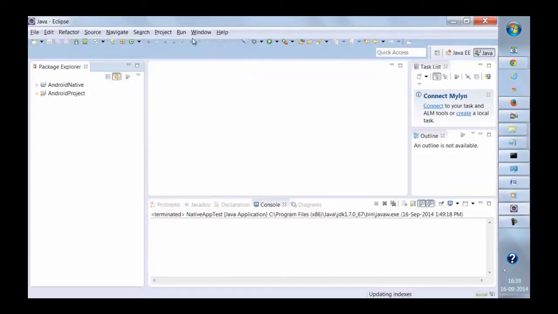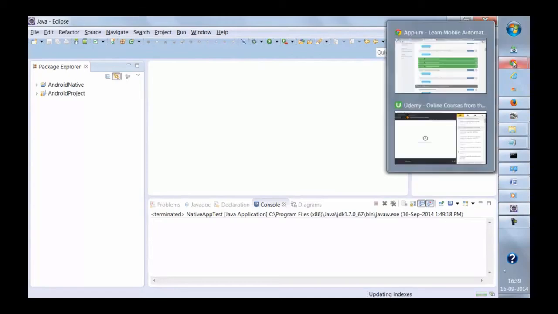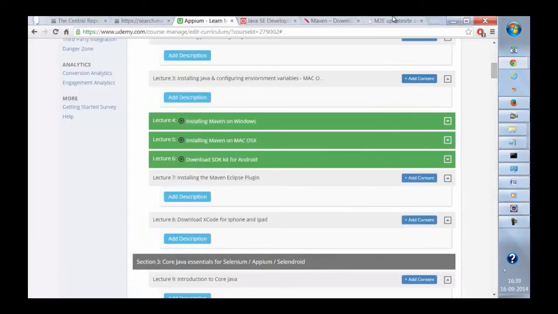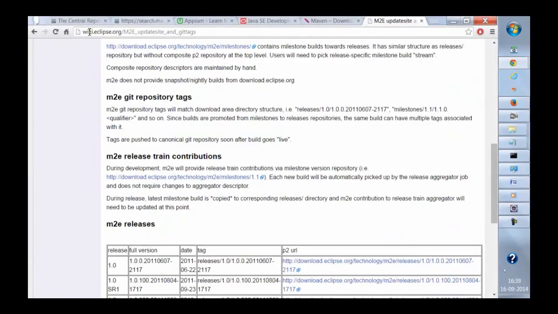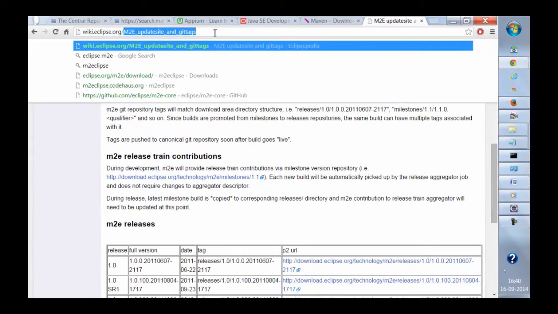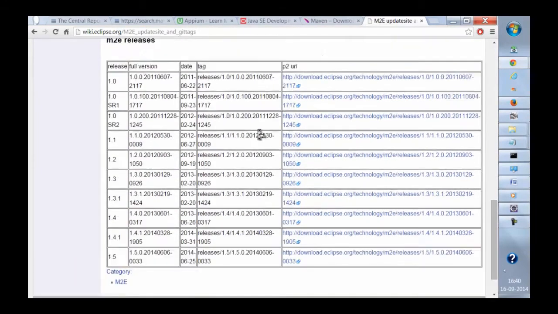What you need to do is very simple and easy to download. You need to go to a website, wiki.eclipse.org, and this is the page that you need to access. If you go downwards on this page, you'll find various releases available, and based on your Eclipse, if you're using the latest Eclipse, you can copy this link